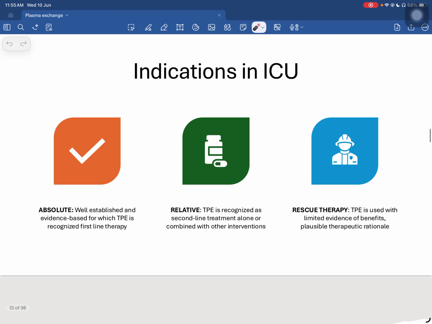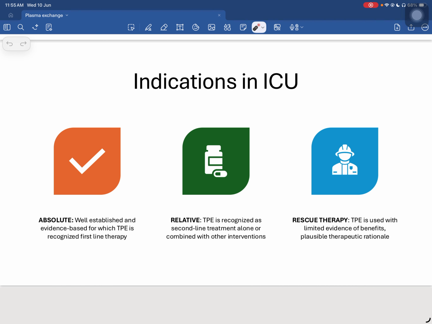So when exactly would you do this plasmapheresis? Basically, there are three levels